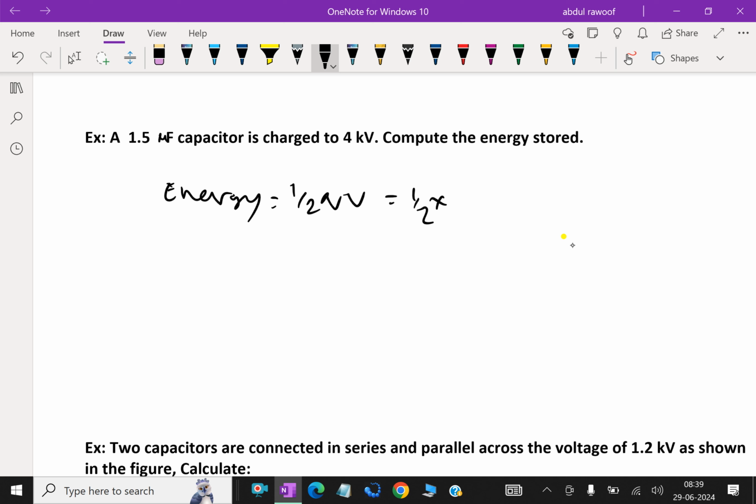Q means CV, so half QV equals half CV square. Now half CV square, that is half into C, which is 1.5 into 10 to the power of minus 6, into V square, where V is 4000 square,